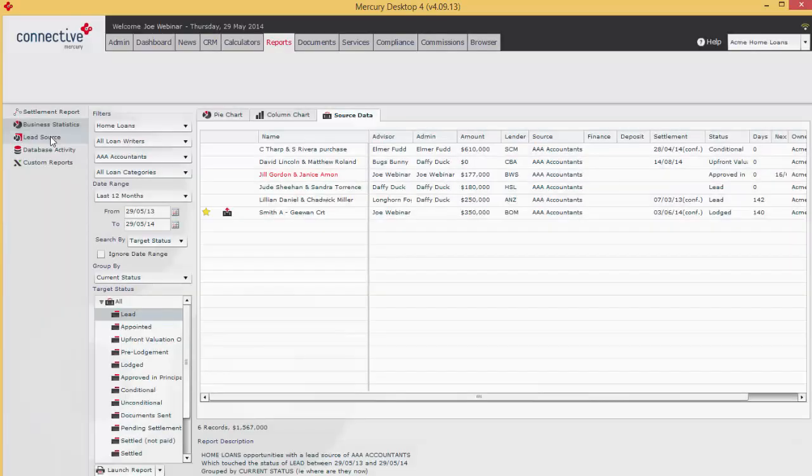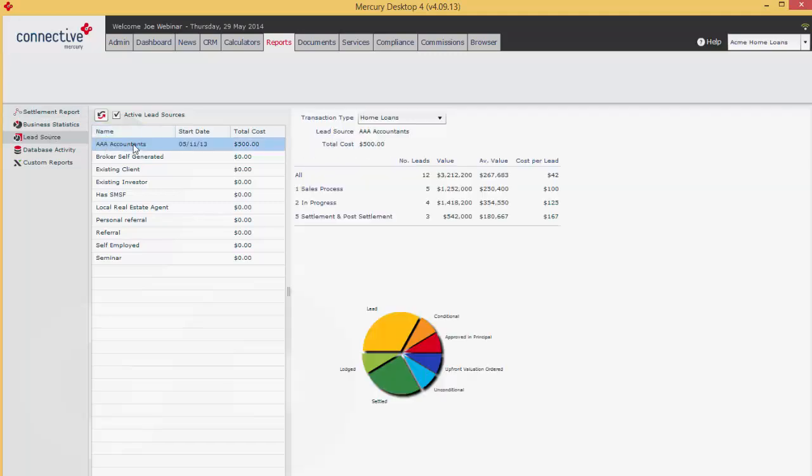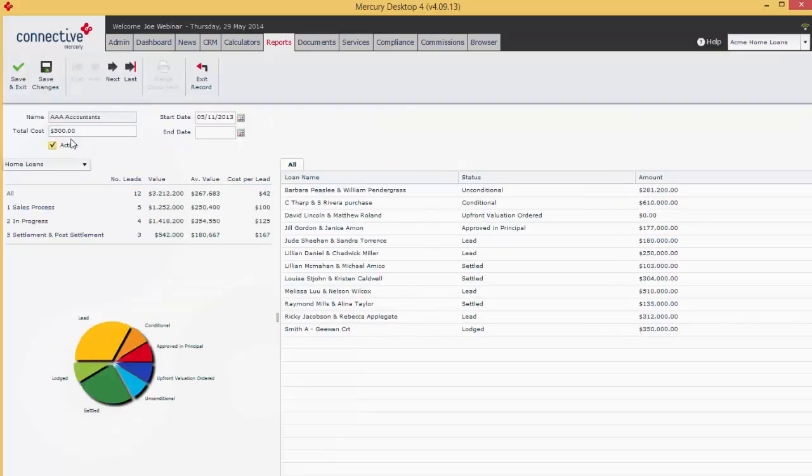Moving on, we'll have a look at the lead source data. We've already had quite an in-depth look at what is coming through for AAA accountants. This report gives you a bit more detail on that. Here you can actually enter a cost next to that lead, the amount that you've paid them. If we double click here, you can edit these fields. So say we've actually to this date paid AAA accountants